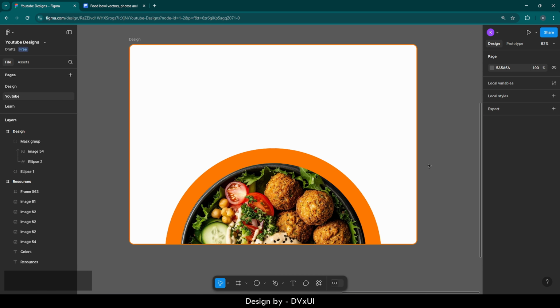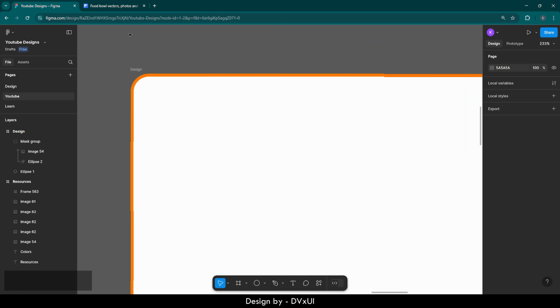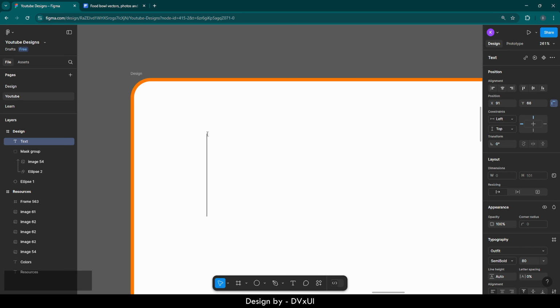So now since we have picture in place and the background is also looking great, let's start working with the header part. So the header is going to contain two elements. First is the site name, which is going to be here, and then the nav links, which are going to be here. So firstly, for the site name, let me zoom it here. And here I'm going to take a text and write